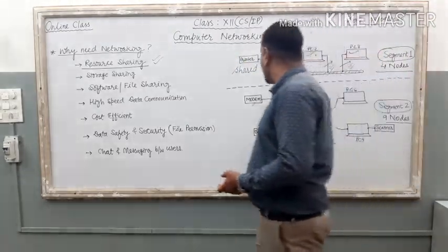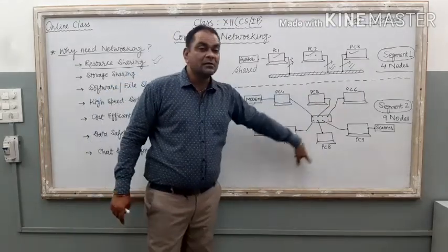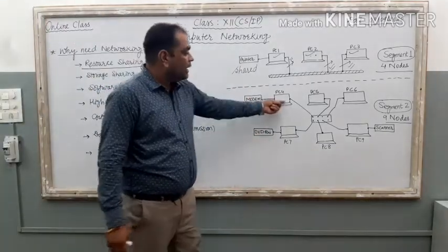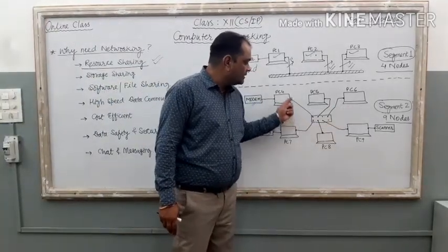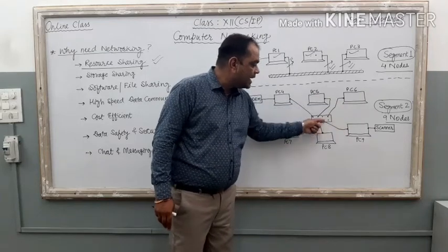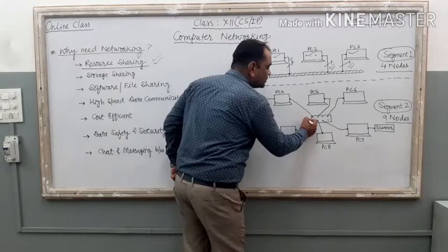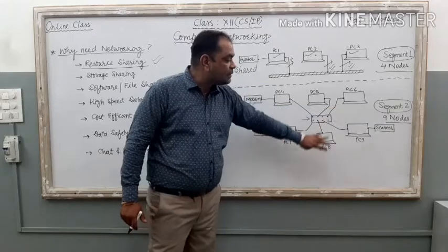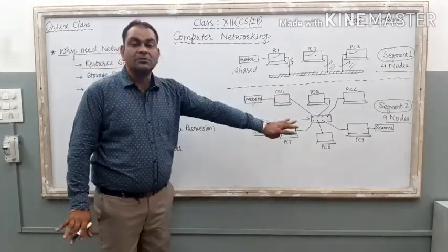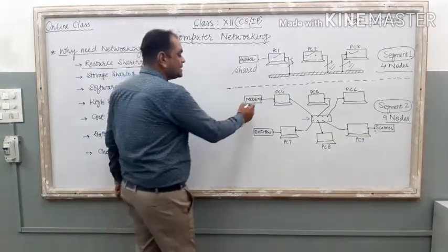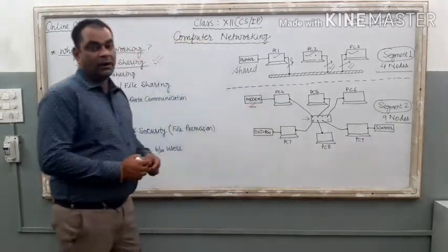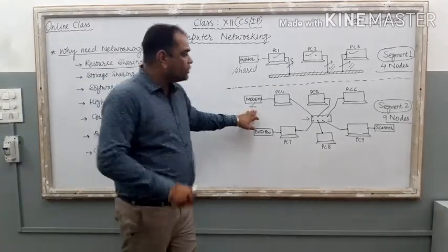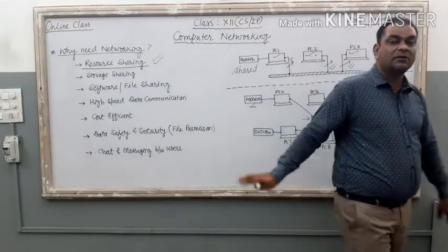Now come to this second diagram. Here 6 different computers are there. If I connect all these 6 computers with each other, how can I do it? These computers are connected with a central device. Just see the diagram. This central device is known as a hub or switch. By using a hub or switch, I connected these 6 computers with each other. Now all these computers are connected. The modem is attached with one PC only, and now I can use the modem in all these 6 PCs of my network.